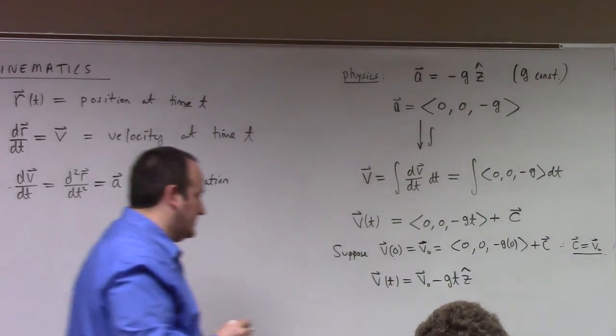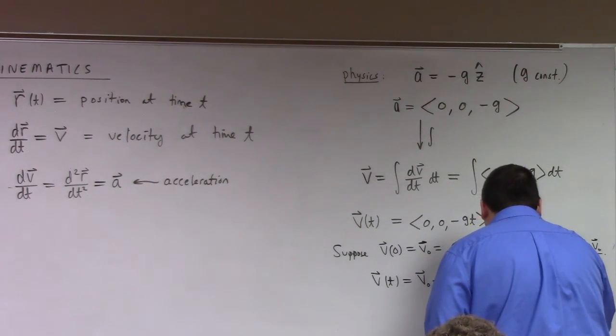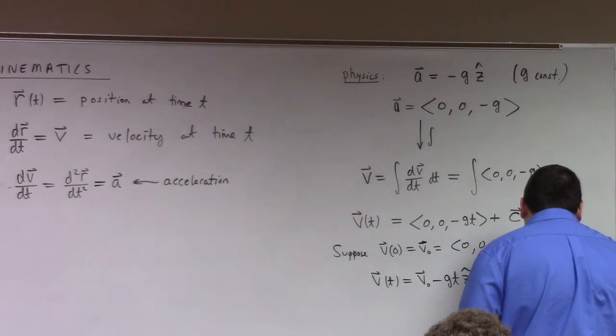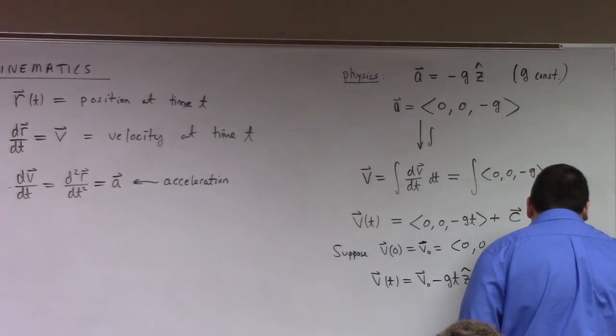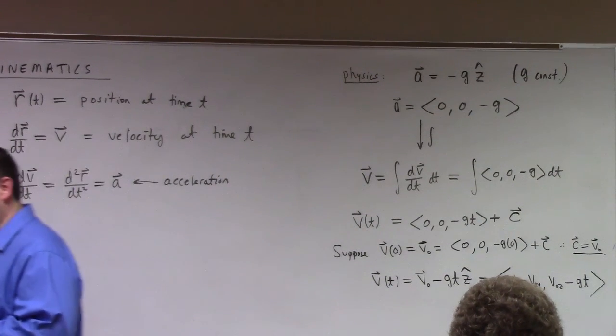If you don't like that, you can also write it in the other kind of notation as v naught x, v naught y, v naught z minus gt. These are competing